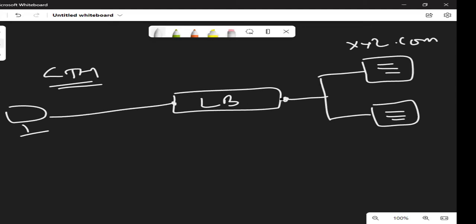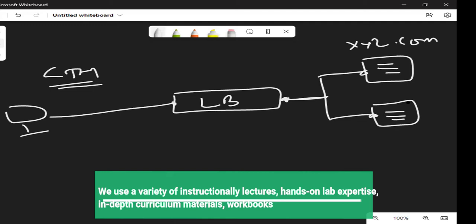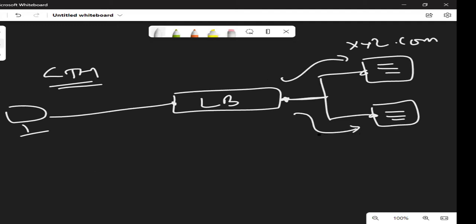From the LB, there is a load balancing mechanism, and there are 2 servers, server 1 and server 2, and traffic is routed to server 1 and server 2 as per the load balancing mechanism. It hardly matters whether it is static or dynamic. Static like ratio, round robin; dynamic, a lot of others. But let us say this is a typical load balancer.